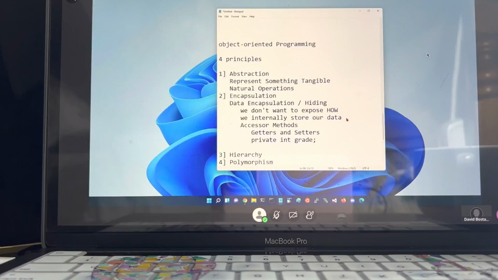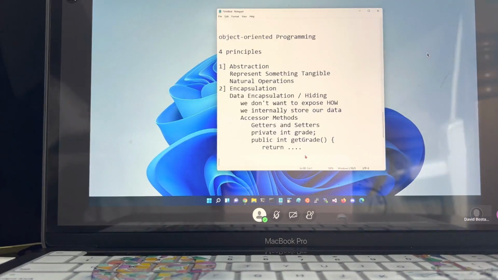I might have somewhere in my program something that can return an integer, or this is public, called get grade. And inside of it, you may simply say return. You just say return grade, but something that allows me to have an opportunity to get it from any type of store that I wish and return it as an integer, which is what you're treating it as. I'm not going to finish that method at this point because we don't need it.